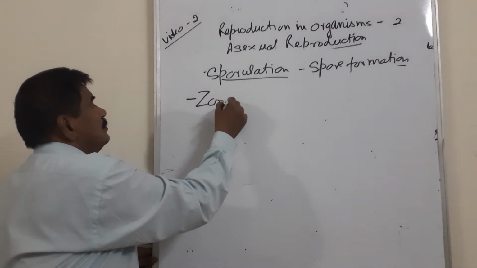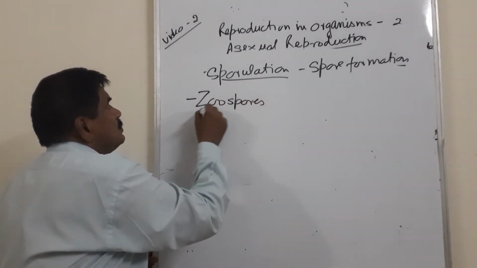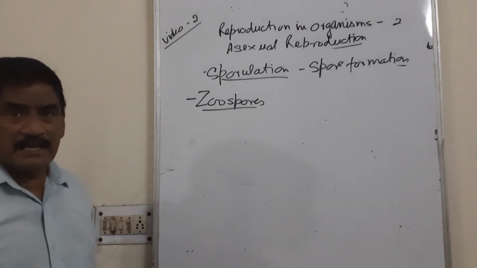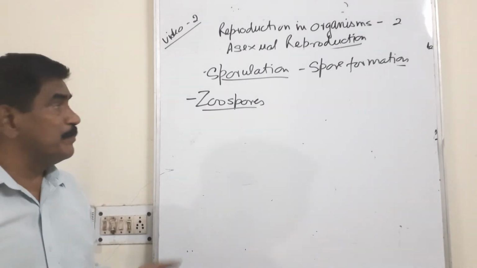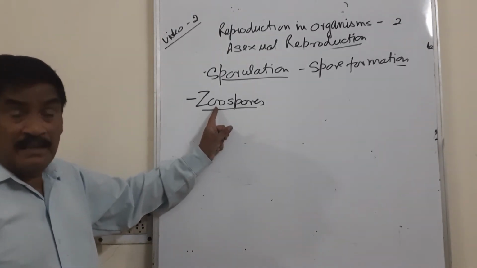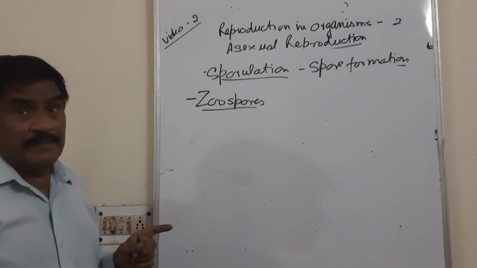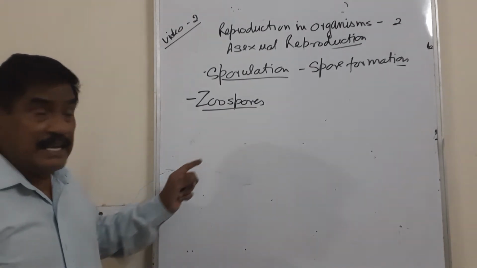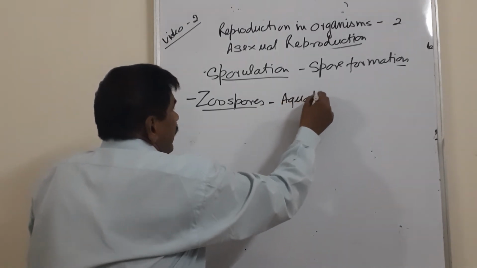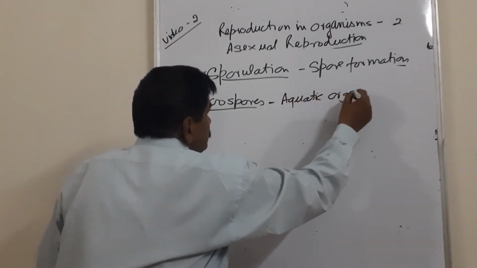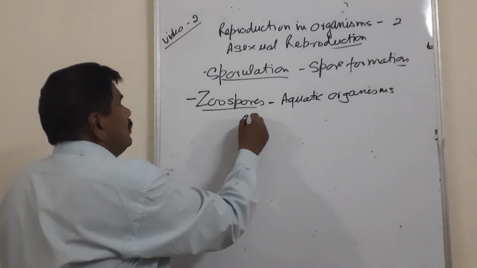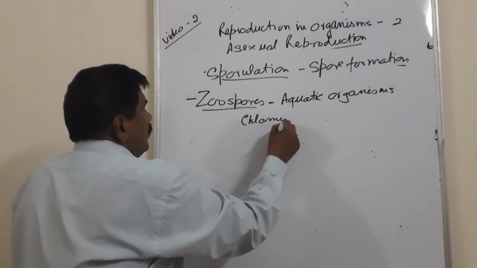Zoospores. Zoospores, zoo means what? Animal. And motility is one of the important characteristics of animals. So those spores which are moving, swimming in water, they are zoospores. So you can say the zoospores are found in aquatic organisms. So example goes to Chlamydomonas,